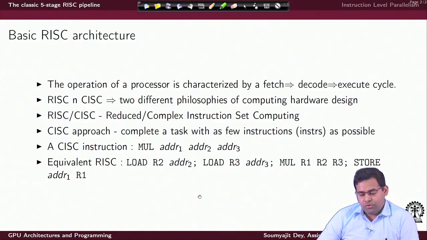So, this is one way to represent the difference between a complex instruction and the equivalent case of a sequence of simple instructions. When we say that it is a RISC processor, it is a processor where the instruction set comprises only these kind of very simple instructions. When we say it is a CISC processor, the instruction set is arbitrarily complex. There are instructions which are very powerful by themselves, doing a lot of stuff.